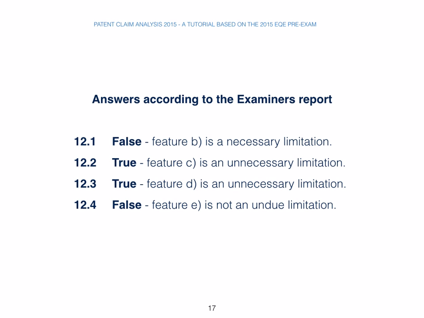Statement 12.1 is false. Feature B is a necessary limitation, the thickness. Statement 12.2 is true. Feature C, which is the watering feature, is an unnecessary limitation. 12.3 is true. Feature D, coverage by aluminium, is an unnecessary limitation. And 12.4 is false. Feature E, the configuration of the door leaf to be closed by the door closer, is